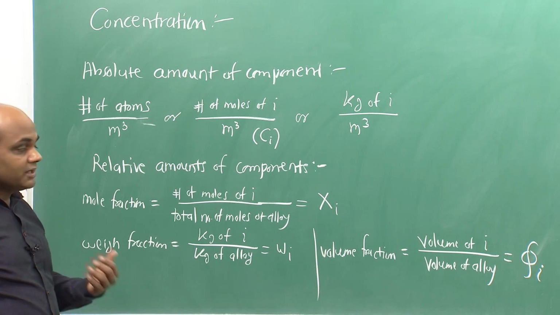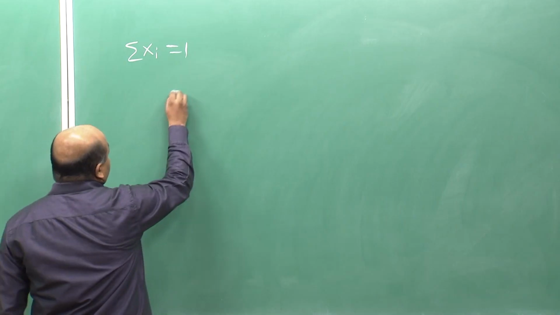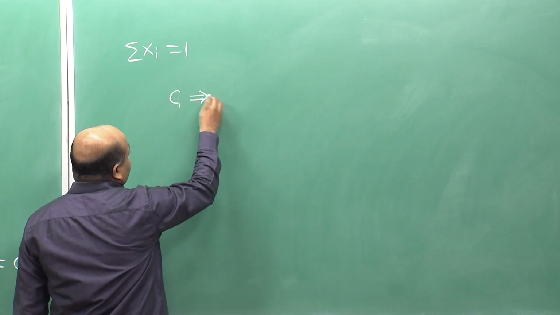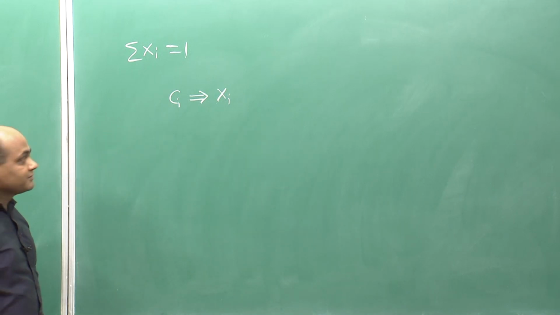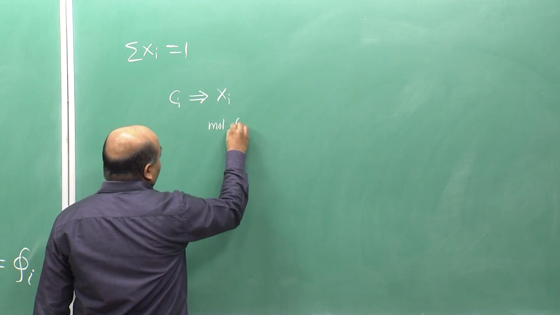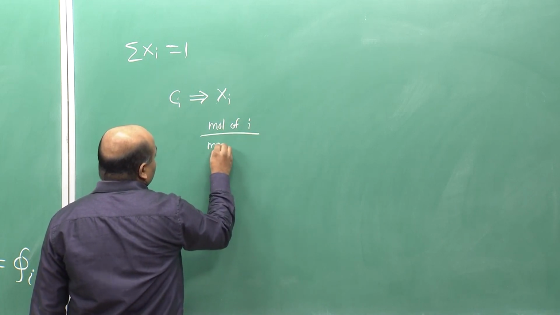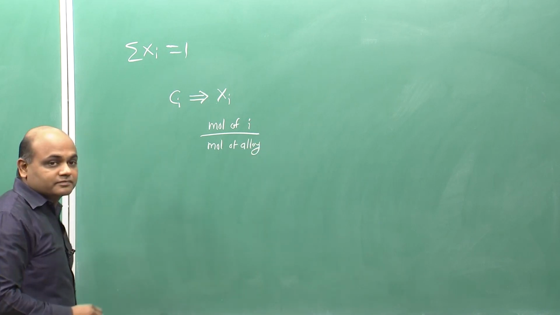So, how do we convert them back and forth, right? So, for example, how do we convert Ci to Xi? Right. So, Xi is basically mole of i per mole of alloy,